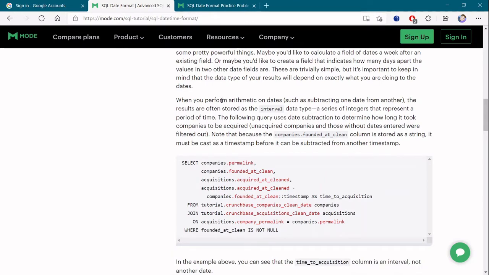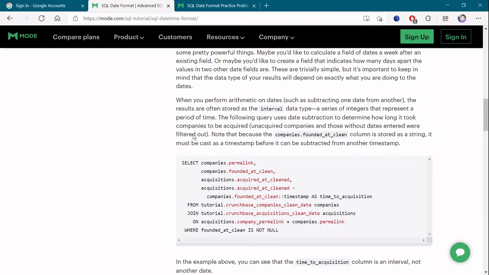When you perform arithmetic on dates, such as subtraction or addition, the results are often stored as the interval data type, a series of integers that represents a period of time. The following query uses date subtraction to determine how long it took companies to be acquired. Unacquired companies and those with no dates entered are filtered out.